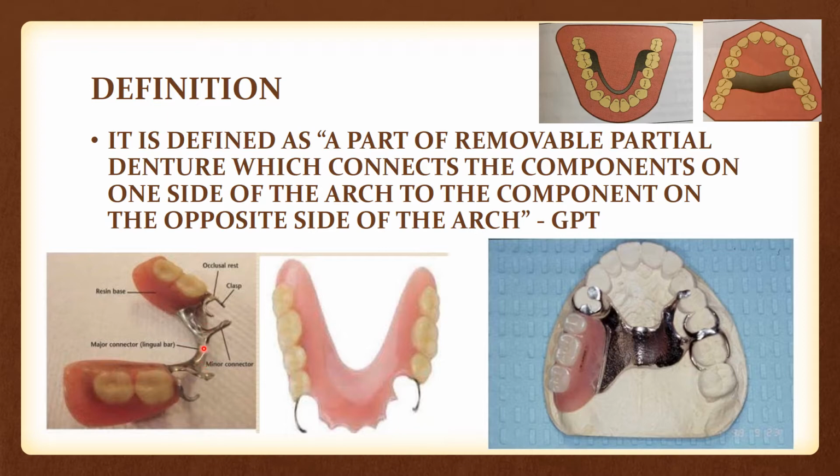Now this one is a metallic framework and this one is an acrylic one. So acrylic denture base and metal denture base, and this one is fabricated by the casting procedure, and this one is what we usually do for the complete denture also. So this is your removable partial denture. This forms your framework, and it connects all the parts of one side of the arch to the other side of the arch. So it's connecting these two. This is your major connector and it forms the basic framework. This is again the metallic one, and about this I'm going to cover later in the denture bases. So this is your major connector.